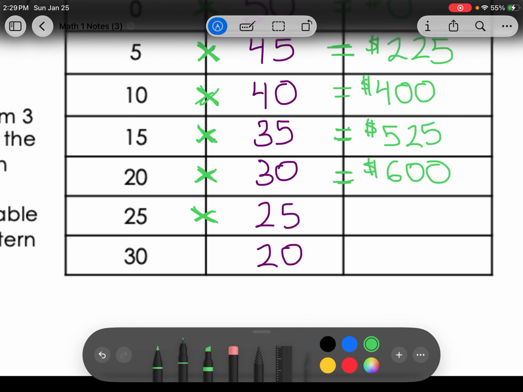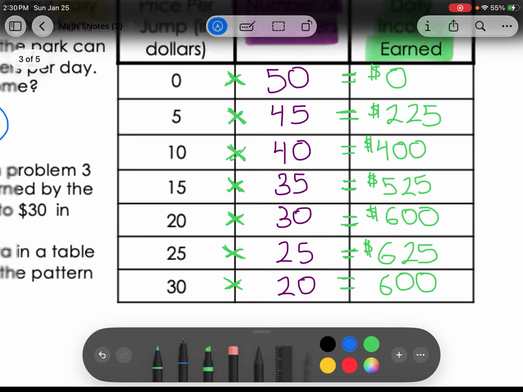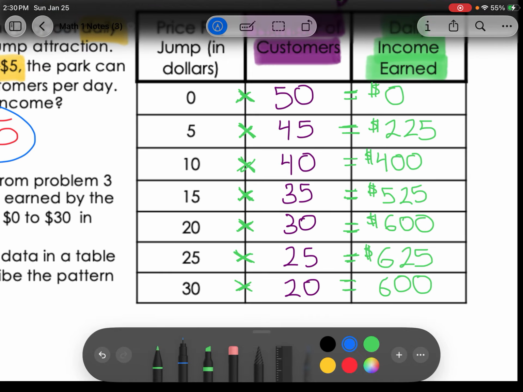25 times 25 is $625. And then if we do our last one, 30 times 20. Oops, I forgot my dollar sign. We get $600. So I'm going to show you guys a little fun tidbit of this, because again, we can